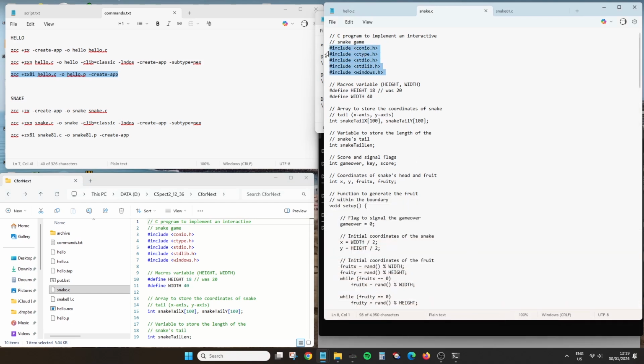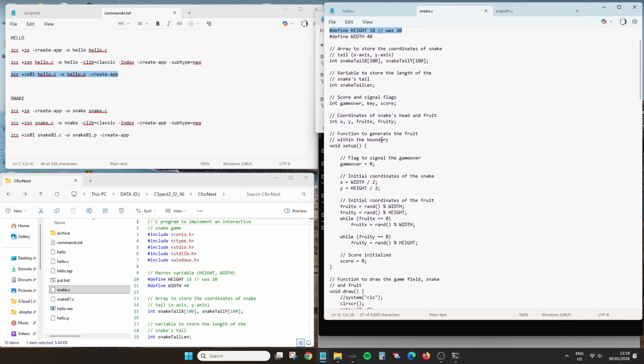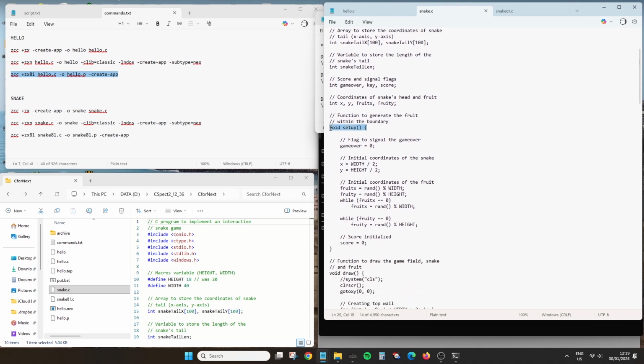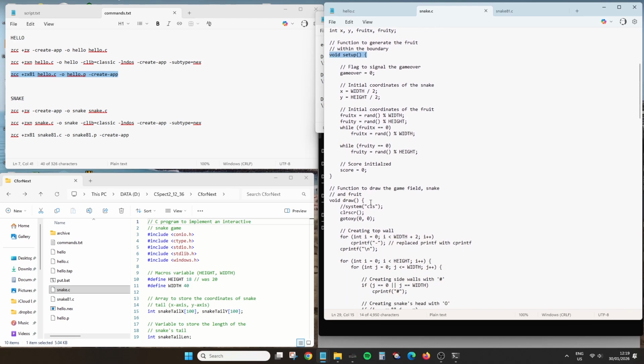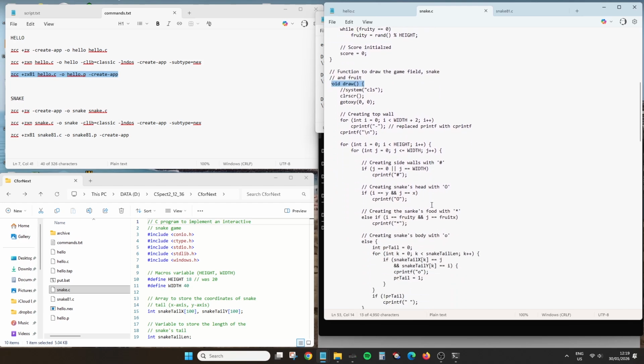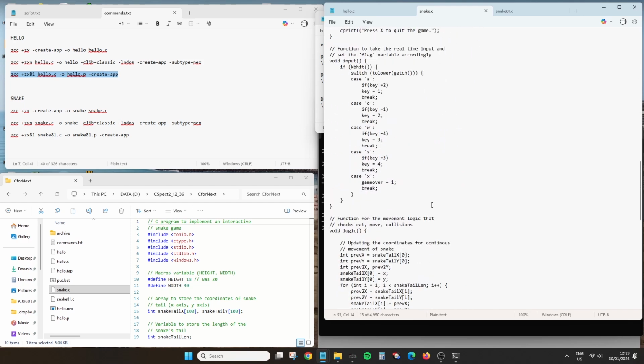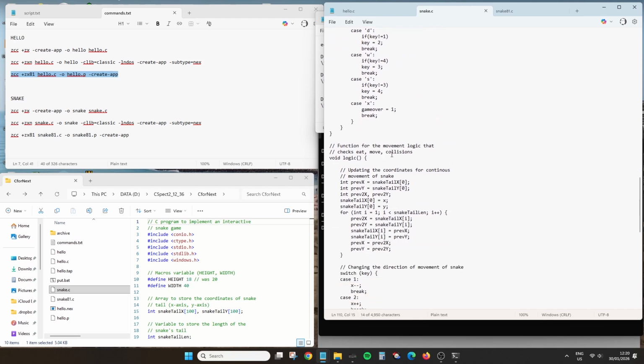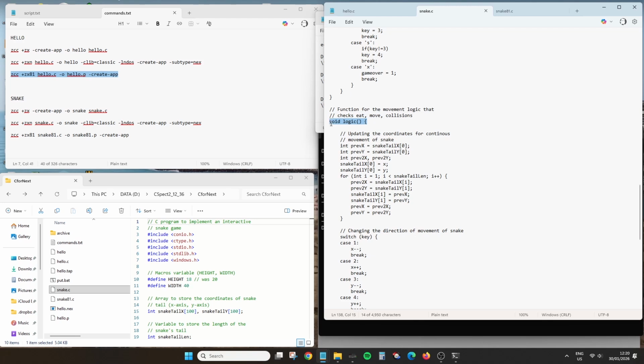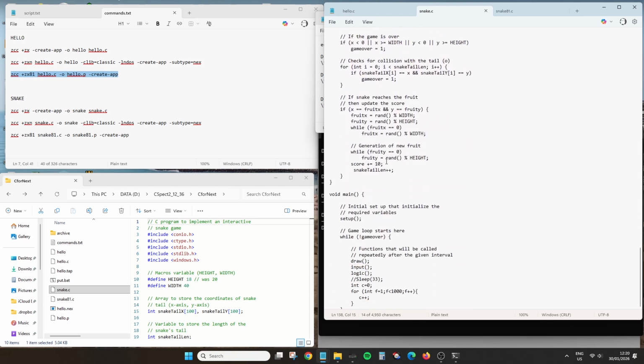So then going on to the Snake program, it's about 200 lines long. It's got 5 includes at the top, then some variables at the top of the file. Then I've got a setup function, and then the draw, which draws the whole game field, does the whole thing each time, which is kind of slow. Then input reads what's been put in the keyboard, and then the logic to control what's